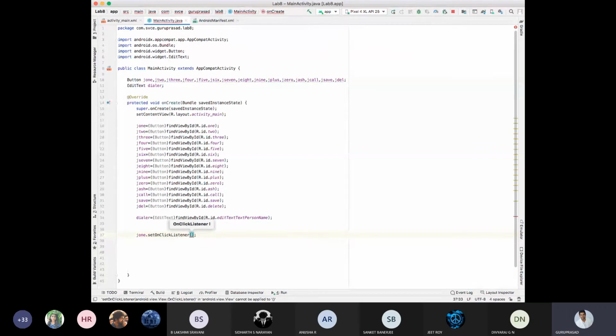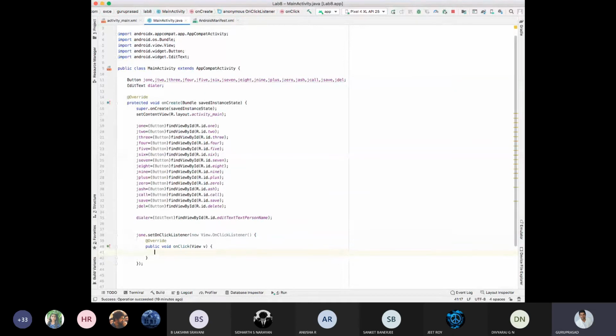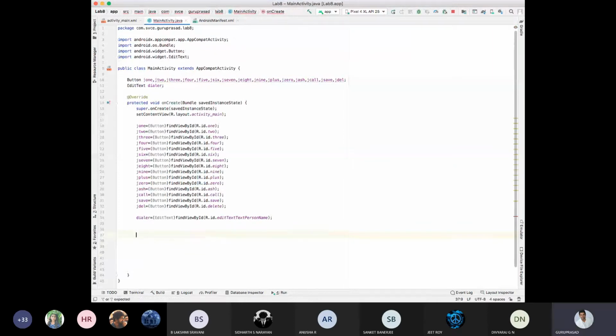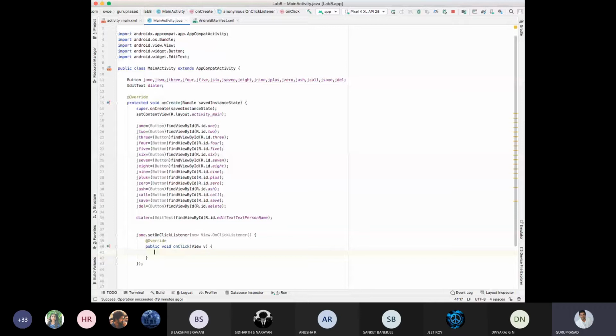I'm just entering that, and automatically I'm getting onClick(View). I'll do it once again. Upon clicking Java 1, setOnClickListener, new View.OnClickListener should happen. I'm not typing anything.